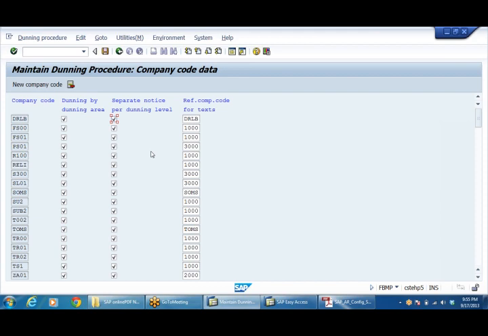For each one I can have different procedures also, like which dunning area or which dunning procedure I am going to assign. All those things we can define here. That's why here, dunning by dunning area and separate notice per dunning level. I said 4 levels. At each level I want to generate a letter and send it to the party. Once you do this, save it.